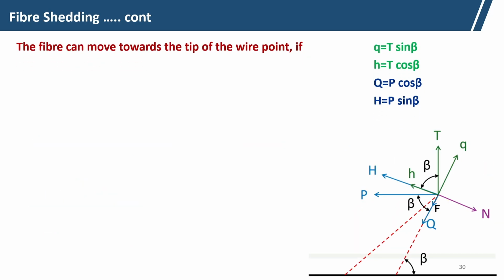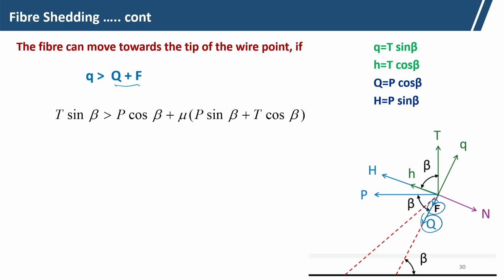So, fiber can move towards the tip of the wear point if this Q force is more than Q plus Q. If it is there, then the fiber will be thrown from the cylinder surface to the doffer surface, if small q is more than this Q plus F. So, what does it mean? Small q is actually,